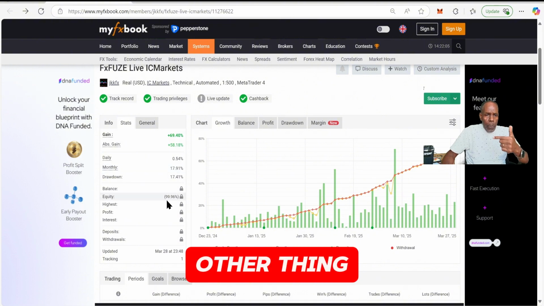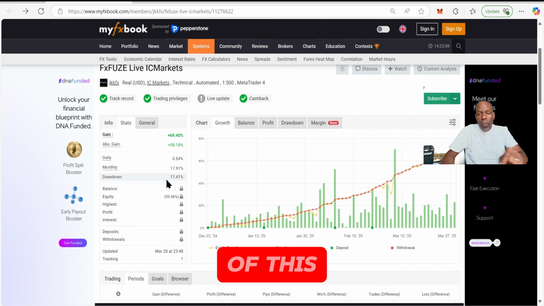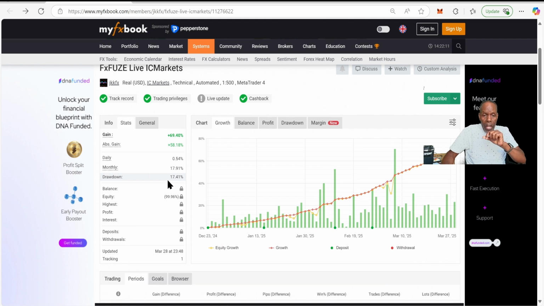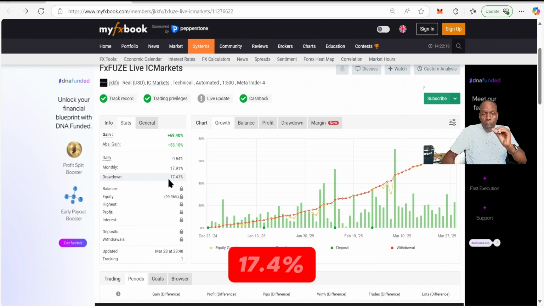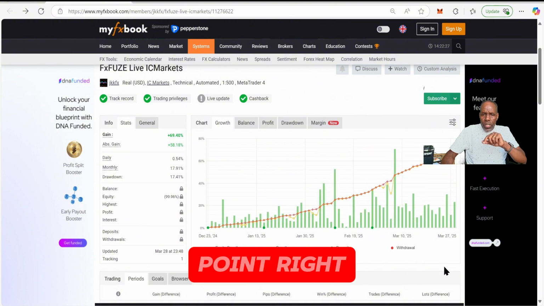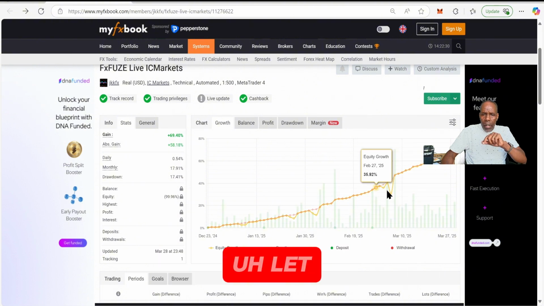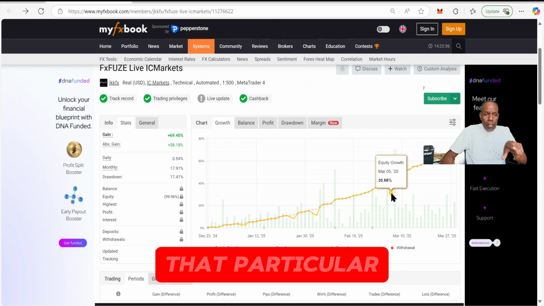The other thing that you probably might need to see is that over the history of this particular journey, since December 23rd, I have only had a day with a drawdown of 17.4%. And that only occurred once. I could actually just show you that particular point right here. Let me see, right here. That is the time that we actually had that particular